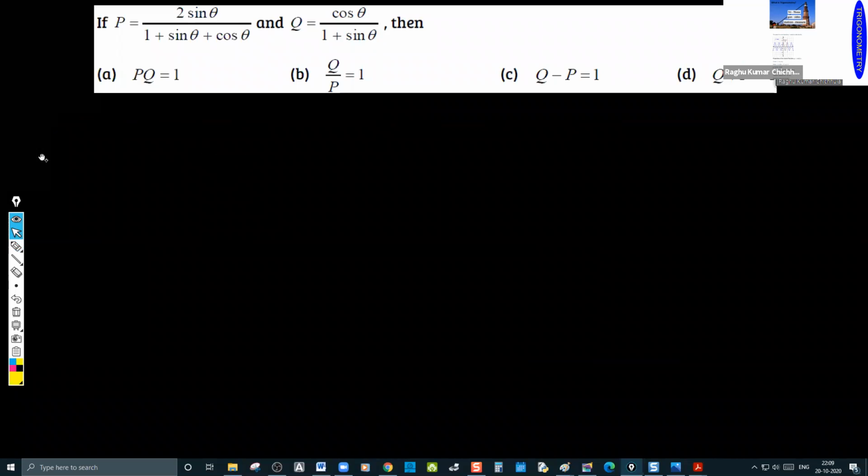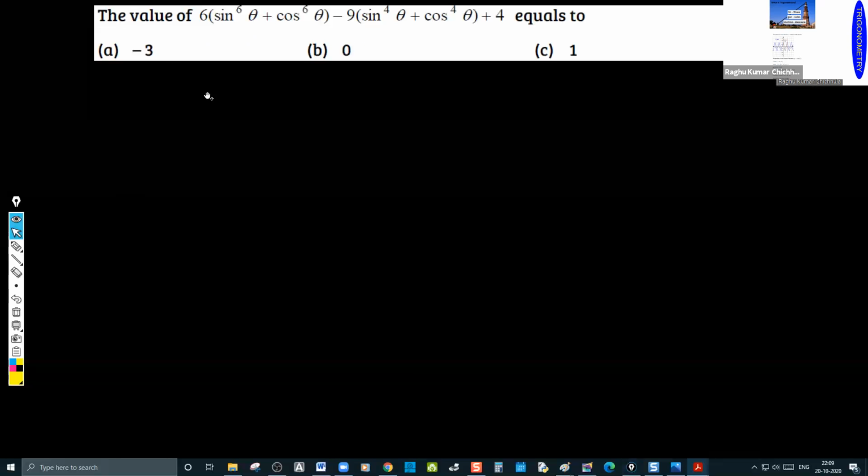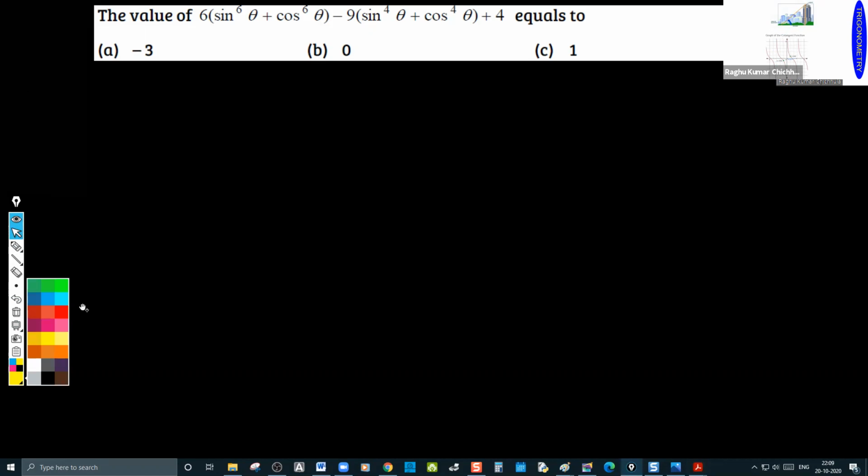Now, let's move on to the next question. Just see this. If it is an objective question, within one step you can say the answer, Maurya. But if it is a subjective question, if it is given in your board examination, of course you have to do it in a different way.